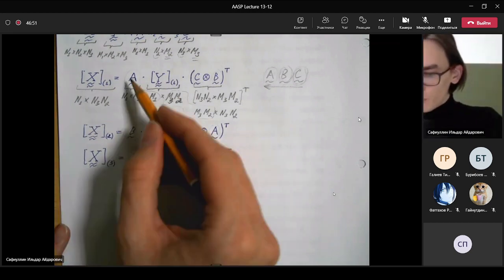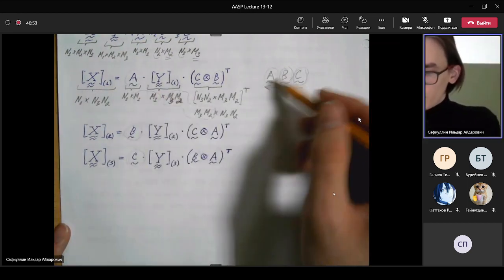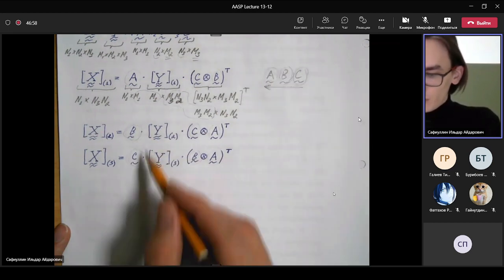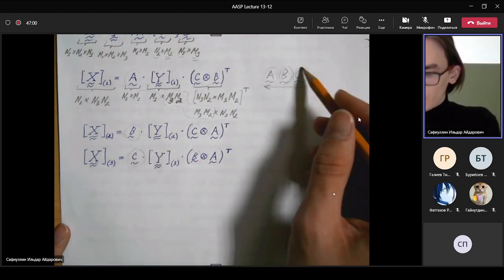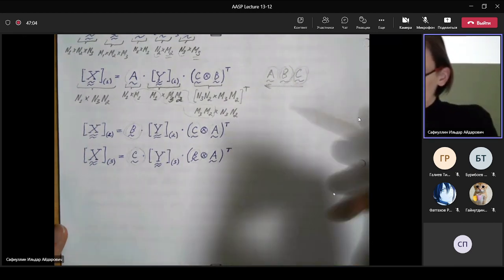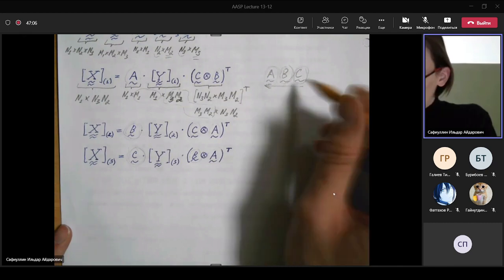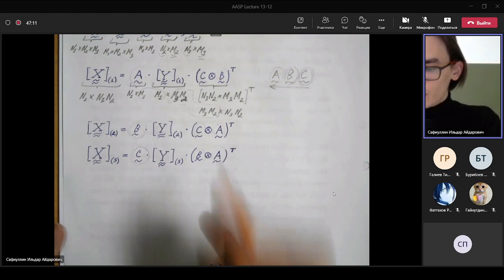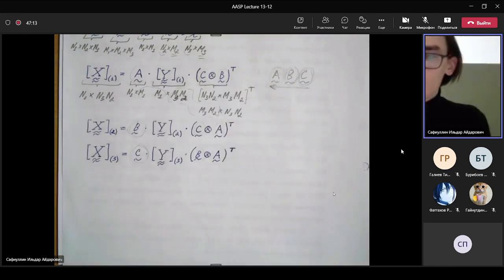So this one, first mode, so we need to take first. This one, second mode, so we need to take the second. And this one is third mode, and we need to take third. And the rest values written from the back to the first value inside of this Kronecker product. And let's see the same thing